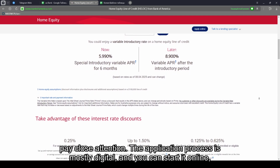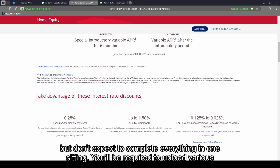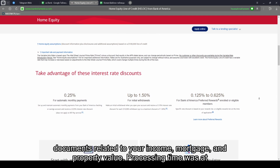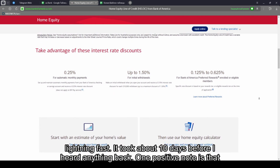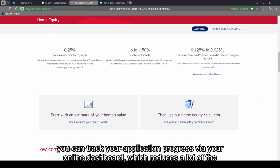pay close attention. The application process is mostly digital, and you can start it online, but don't expect to complete everything in one sitting. You'll be required to upload various documents related to your income, mortgage, and property value. Processing time wasn't lightning fast. It took about 10 days before I heard anything back. One positive note is that you can track your application progress via your online dashboard, which reduces a lot of